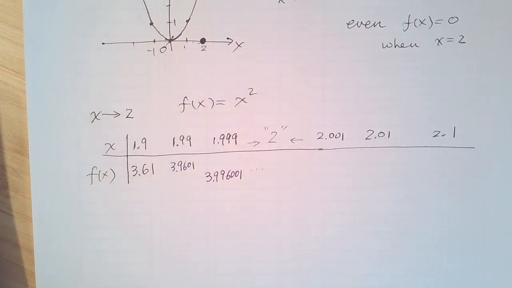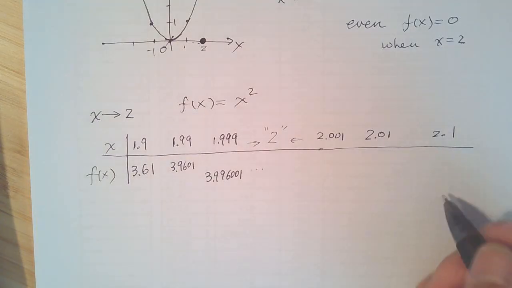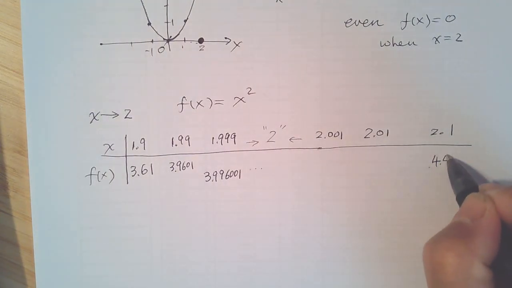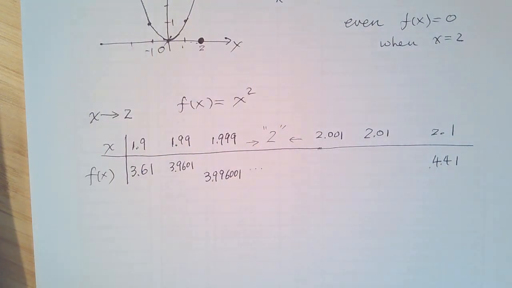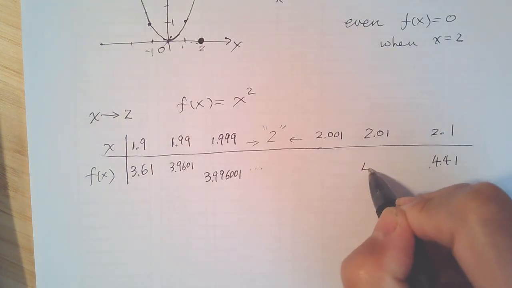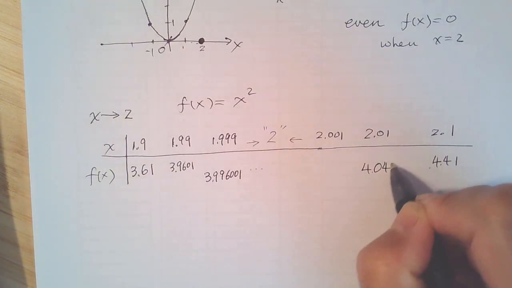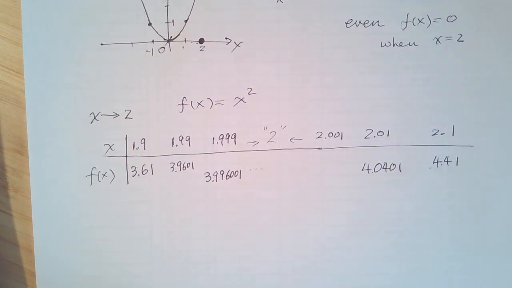It's very close to something. And here, 2.1 squared is 4.41, right? 2.01 squared, I get 4.0401, and then next 2.001,